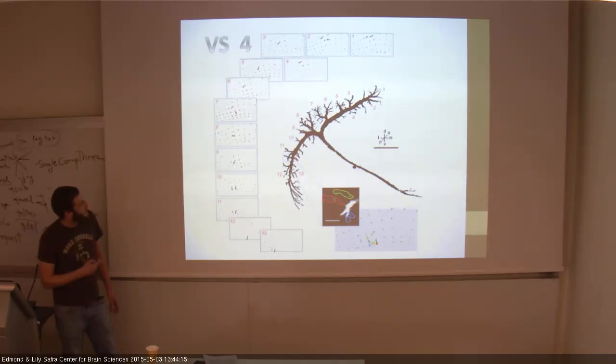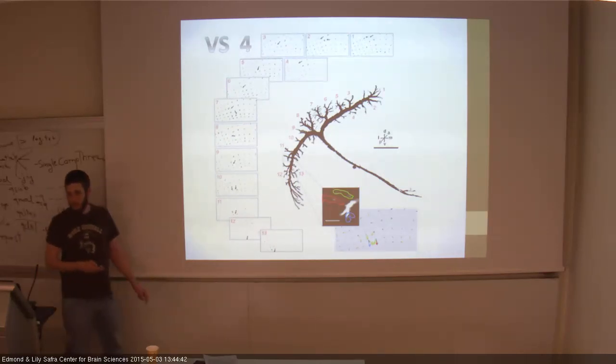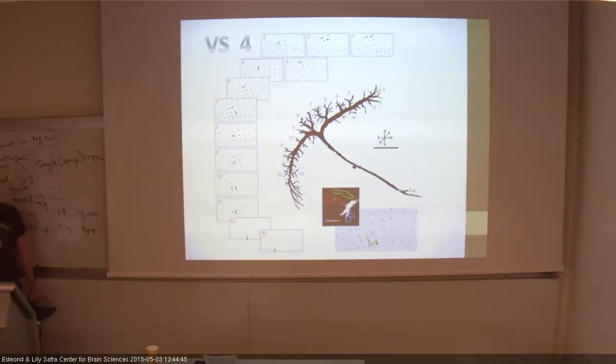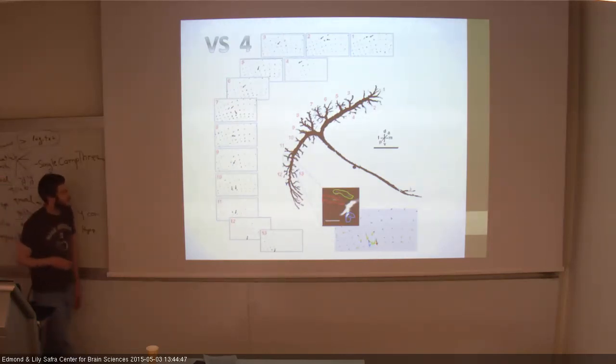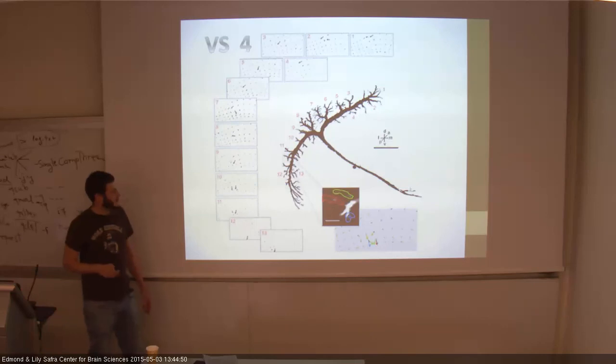So this would be the azimuth, and this would be the elevation. So each beam has its coordinates of azimuth and elevation. So I take the beam with the strongest response, and there is a correlation between the strongest response beam and the dorsal to ventral position of the branchlet, both on the azimuth and on the elevation axis separately. And there's also a correlation between the dorsal to ventral position of the branchlet and the direction of the most responsive beam. So there are three types of correlation. This is probably not the best figure to give this example, but they say they found this correlation in many animals and